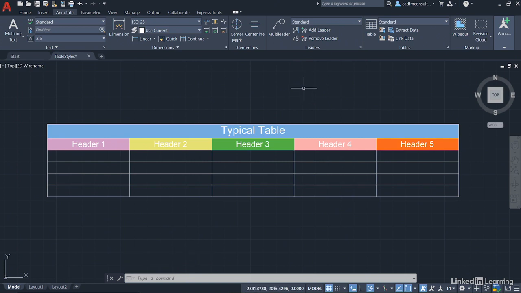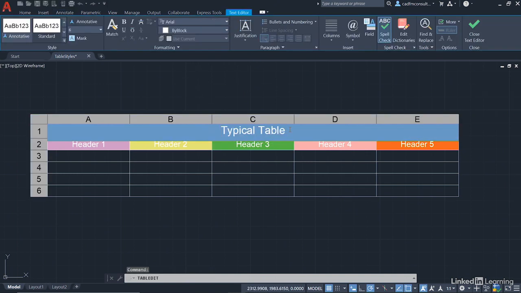Now, the other thing that you can do that's really clever with tables is you can change the text color as well, like we've just done with the background colors. But then you need to double click inside a cell. And what you can do now is highlight the text, and now you're in your multi-line text editor. And all I'm going to do here is change the color up here in the formatting panel.